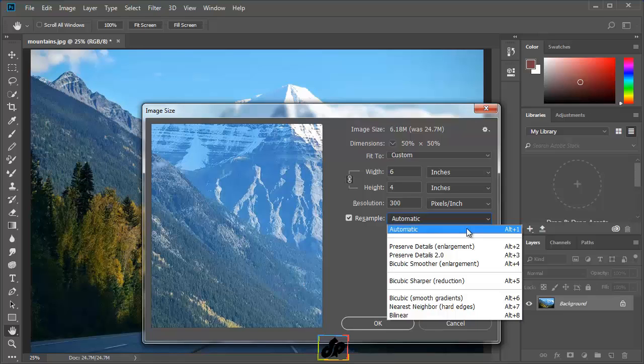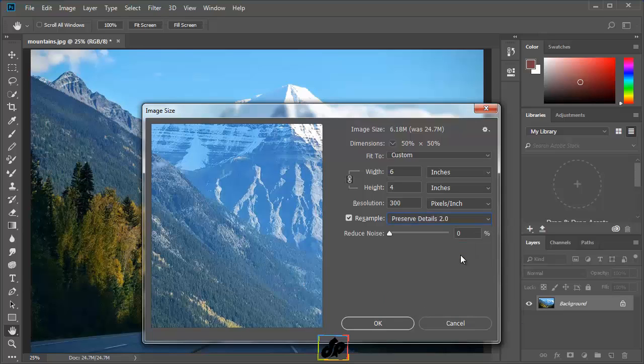There is a new option in Photoshop here, Preserve Details 2.0. This is a technology preview, and the resampling option on it detects and preserves details and textures in the image. And it does so without over-sharpening the prominent edges or smoothing out the lower contrast details. Hence, it is good to work with harder-edged details like text and logos. The moment we switch the algorithm, we can see the results in the window here immediately.